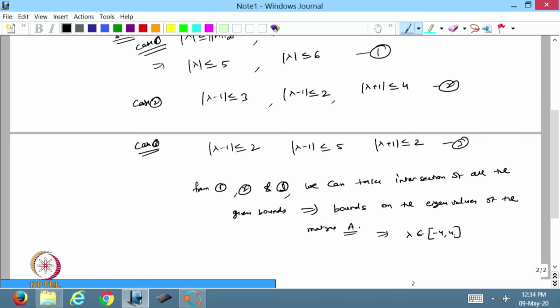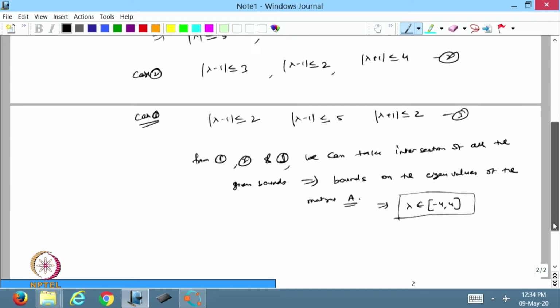That is the intersection of all these bounds, because the first gives lambda from minus 5 to 5, and another gives minus 6 to 6. So all eigenvalues of this matrix lie from minus 4 to 4, and we will verify this with the codes of the power method or other methods.